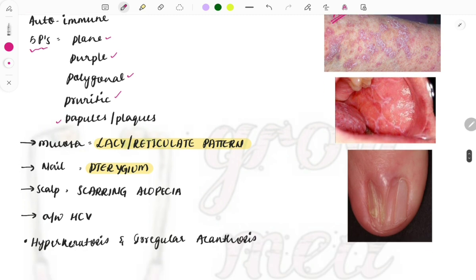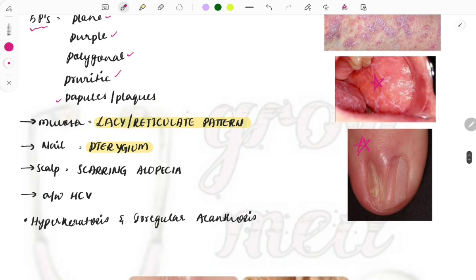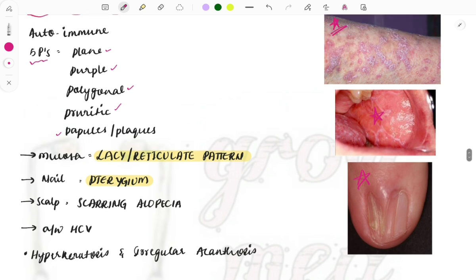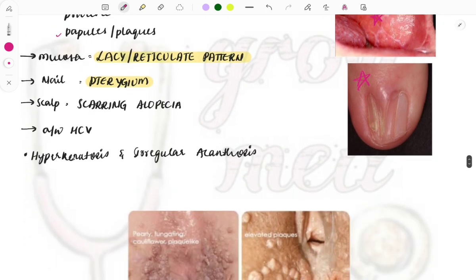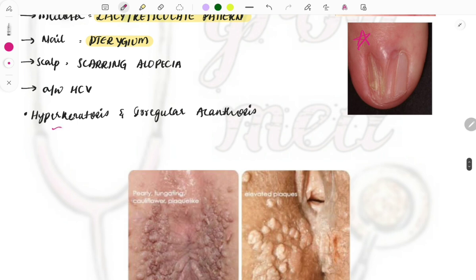Okay, then in the nail, pterygium, this is also a pathognomonic feature of lichen planus. So whenever you see this pterygium, then also mark the answer as lichen planus. Then on the scalp you can see scarring alopecia, and this is associated with HCV. Then another two important features seen are the hyperkeratosis and the irregular